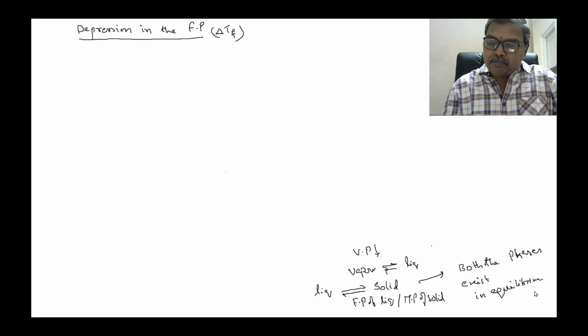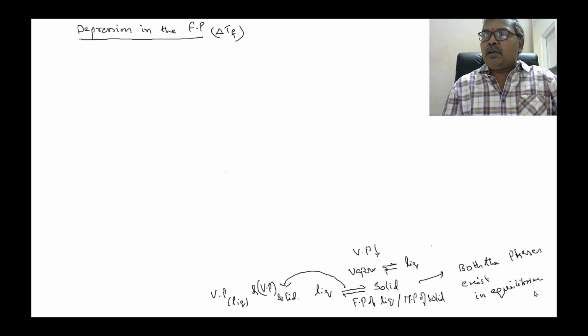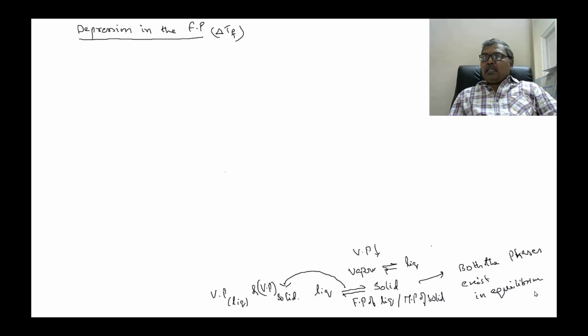At this equilibrium, vapor pressure of liquid and vapor pressure of solid are same. Already you know vapor pressure exhibited by solid substance is negligible and it's minimum. So what is the freezing point? It is nothing but the temperature at which the liquid and solid, matter is same only, but matter exists in both the phases, liquid phase and solid phase.